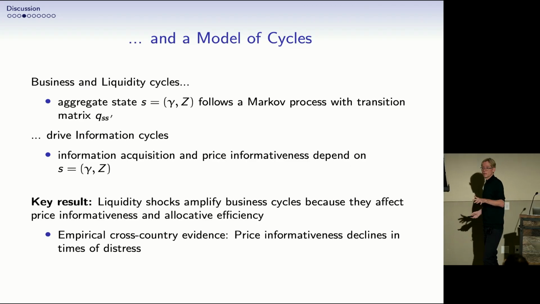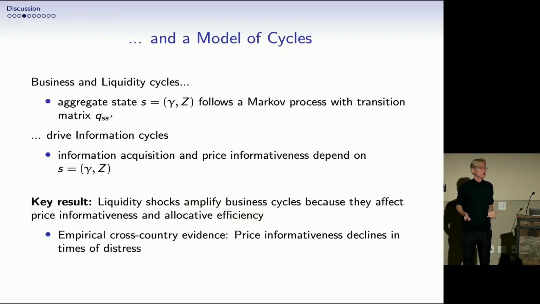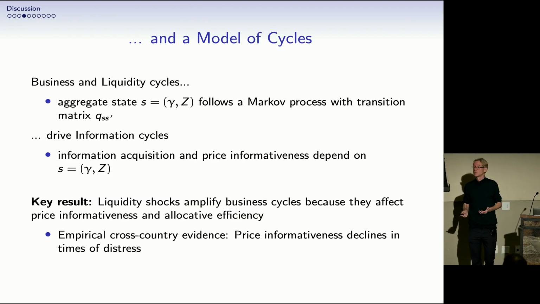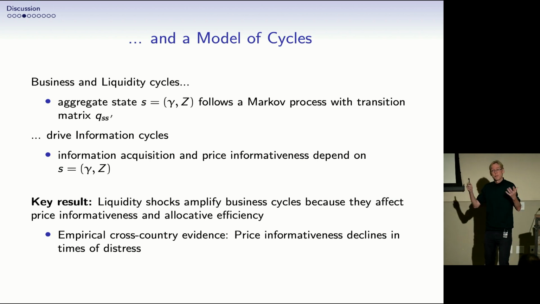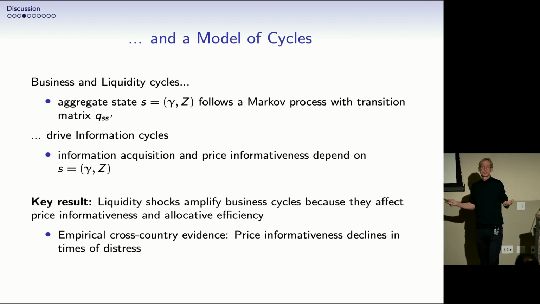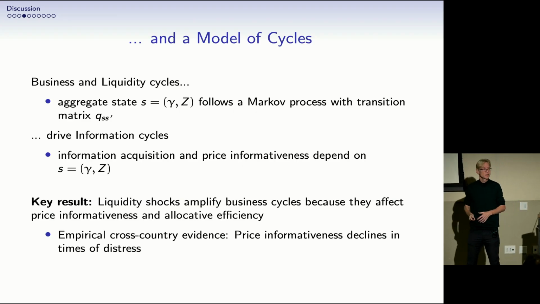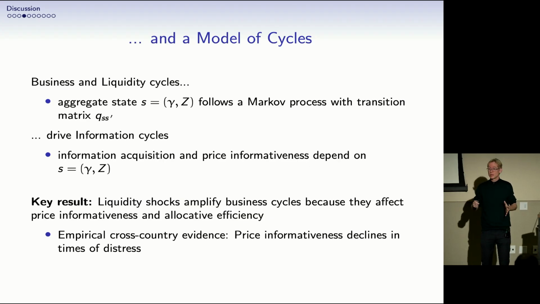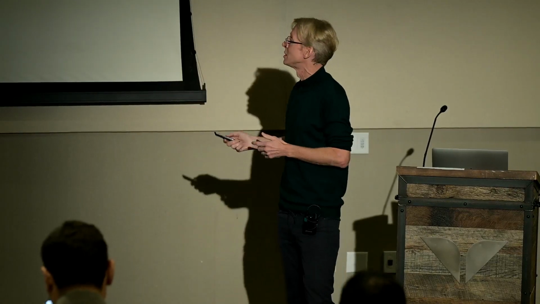Now, the key results here, and I've kind of alluded to that already at some level, is that liquidity shocks here amplify business cycles. Because if there are more liquidity needs out there, the price gets less informative, and allocative efficiency is going to deteriorate. That comes with output losses, and so on and so forth. That's an amplification result, a classical macro amplification result: if liquidity concerns are important, then bad recessions get worse, and actually get a lot worse. They get almost 100% worse.